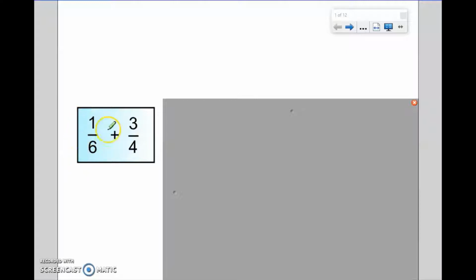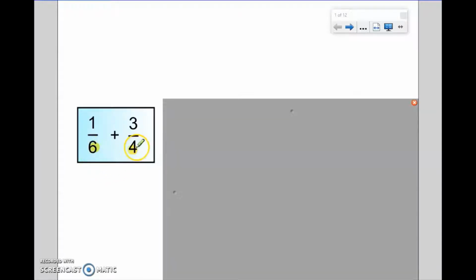If I want to add 1/6 to 3/4, I've got an initial problem because I can only add or subtract fractions when the denominator, the number on the bottom of the fraction, is the same. So in this question, you can see I'm dealing with a 6 and a 4. Those numbers are not the same. So I need to manipulate the question, alter the question, so that the same number appears on the bottom of